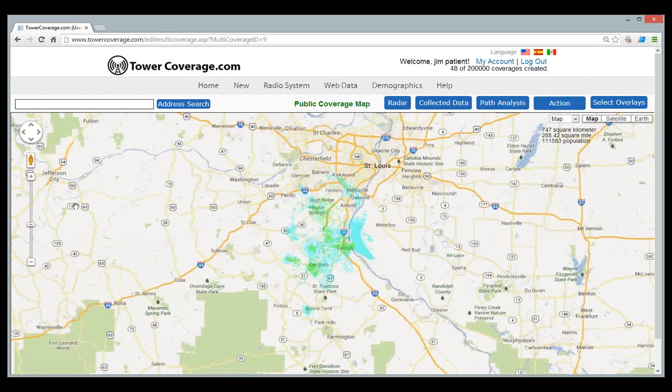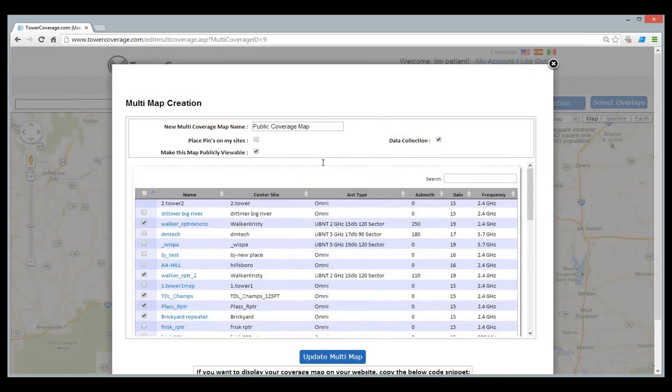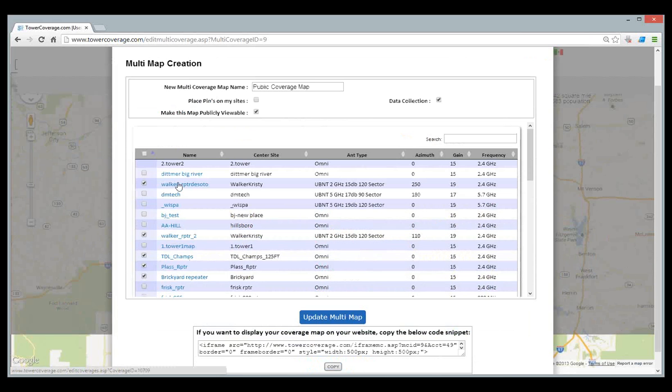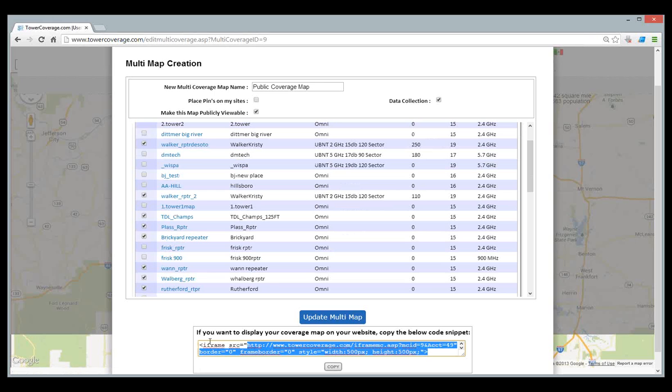Now, what can this do for you? Well, one of the big things here is we can go to our action and we can edit our multi-map. And in here, we have the ability to check boxes for which maps we wish to show. But also, right down here at the bottom, we give you a piece of iframe code. This code is specifically designed so that you can hit the copy button, it'll copy it to your clipboard, and then allow you to go to your website and place a coverage map just like this